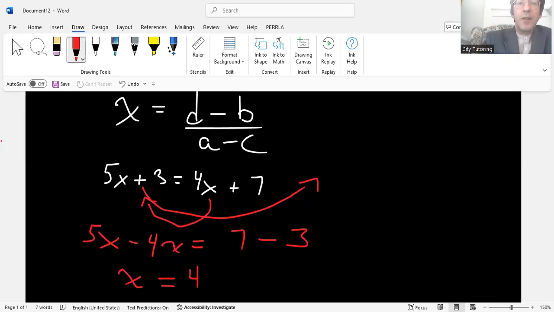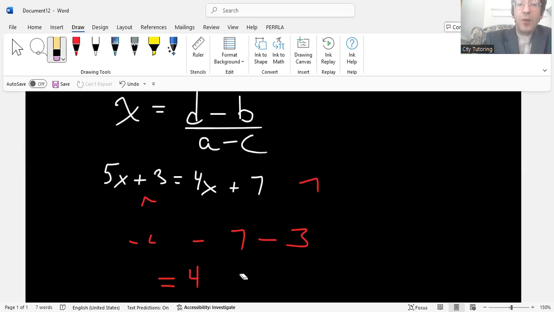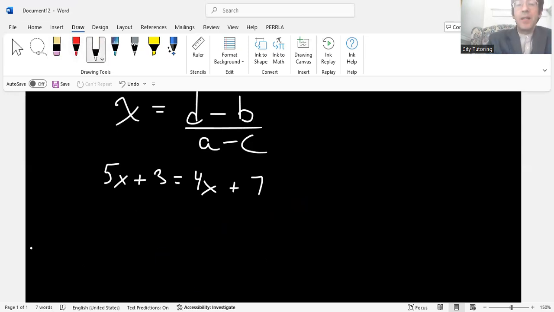The other way that I've learned is a recipe, and it really bothers me, but I know that it's taught. You can let me know in the comments section down below, please let me know if your instructor says this. I've heard instructors say, okay, look at this and see which variable term is the smaller one. And then they do it vertically, and then they say, subtract the smaller variable term from both sides. So in this case, the smaller variable term is 4x. So they do minus 4x on this side,